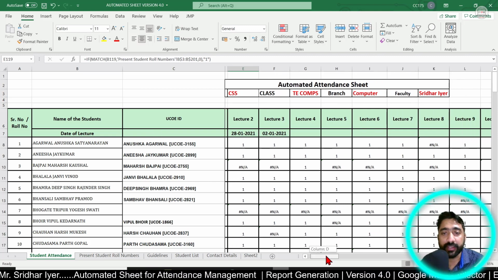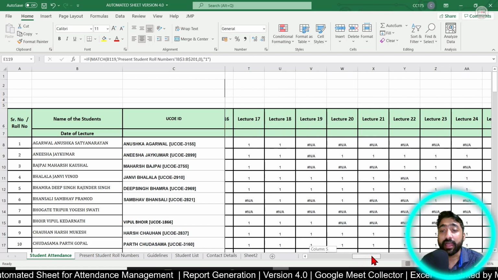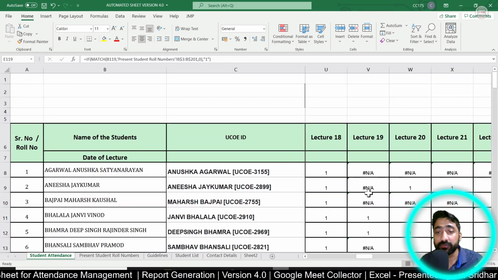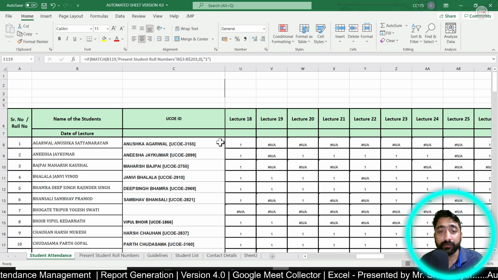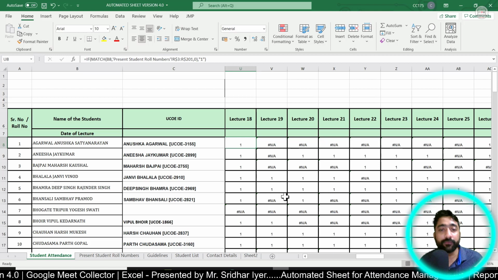Fine. And when I scroll to the right, you will see on top the lecture count is given, and on your screens over here you will be able to see that either a 1 is mentioned or not applicable is mentioned over there. It simply means that the student has either attended that particular lecture session or the student was absent for that lecture session.